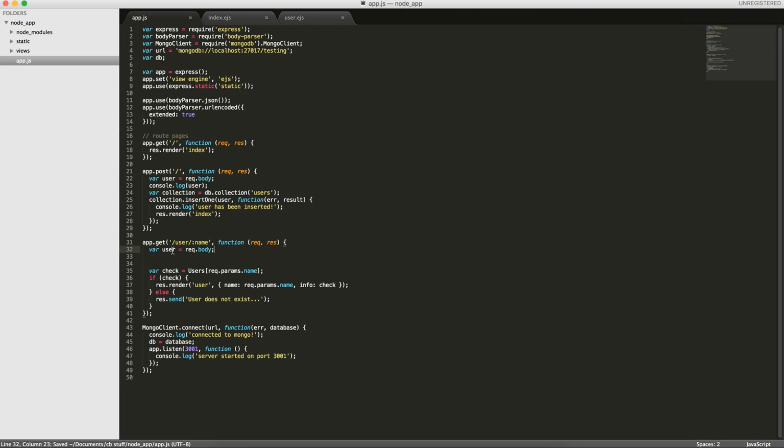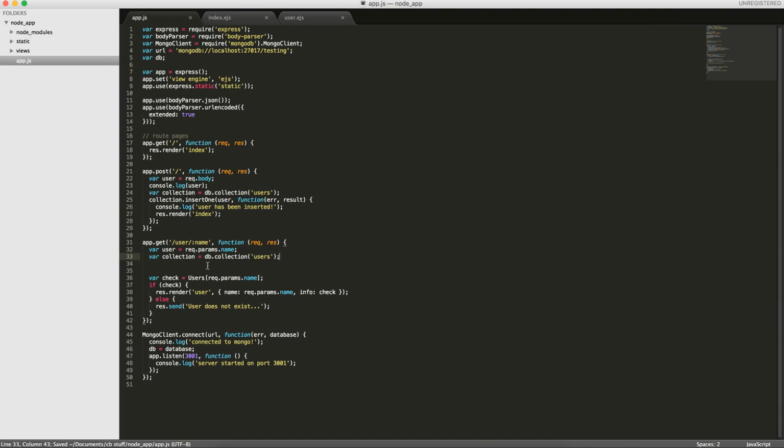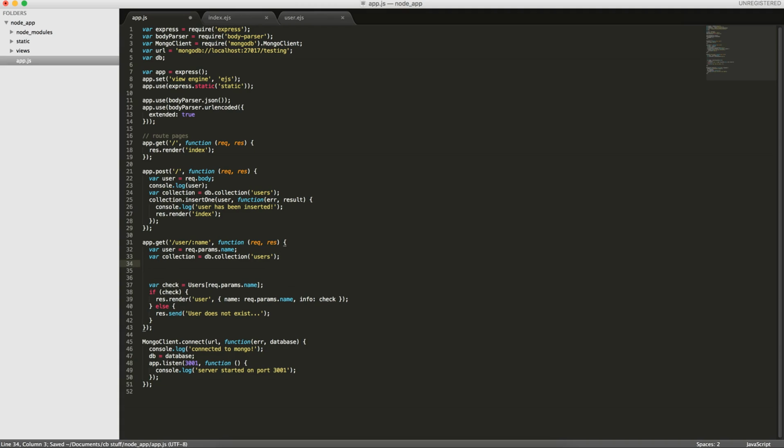So user is actually request params name. So it's this name we're inputting. And now we're not going to call the insert one function, we're going to call the find function. So we have to get the same collection users, and now we're going to do collection find one, and we're going to find where name equals the user you're searching for. So we're going to find one this,